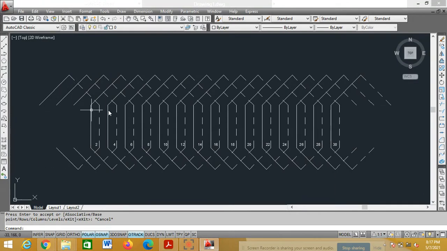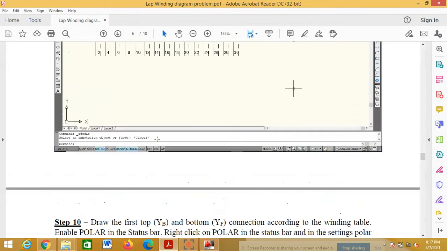After this, what you have to do? You have to number the remaining conductors by seeing the winding table. This, these two, and these two. By seeing the winding table. What is connected to 2 in YB? What is connected to 4 in YB? So see the winding table.